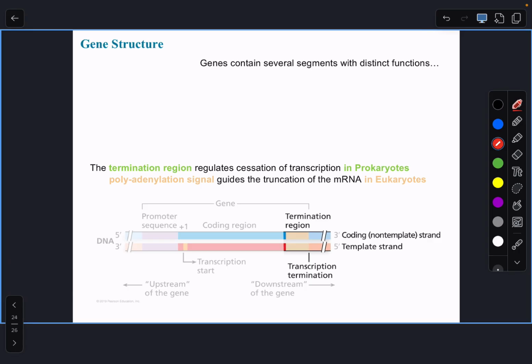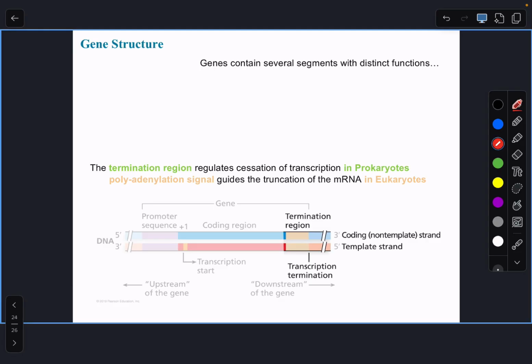The other one, which happens mostly in prokaryotes when it comes to messenger RNAs, to protein coding genes, but applies to eukaryotes as well for some non-coding RNAs, is the termination region, essentially a sequence in DNA that gets partially transcribed into RNA, but it also serves as some sort of signal that we'll study in a bit more detail on Thursday that tells the cell, you know what, you should stop transcription here. So part of that termination region gets transcribed, but not all of it. Some of it never gets transcribed either.